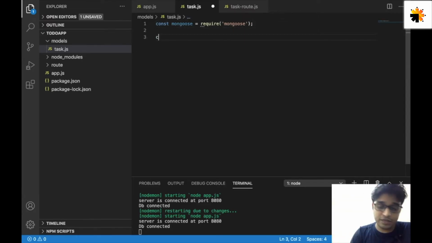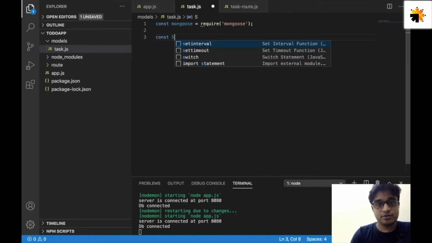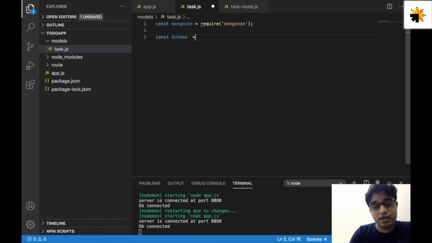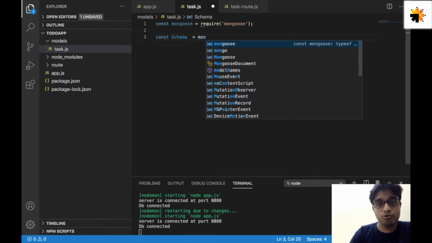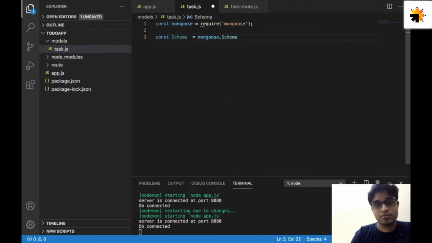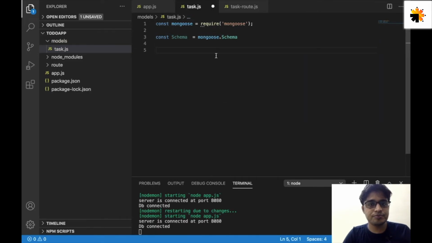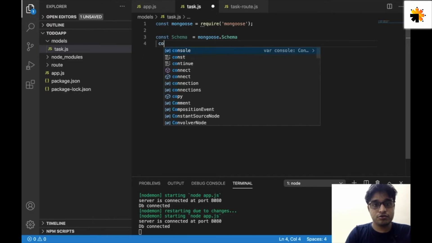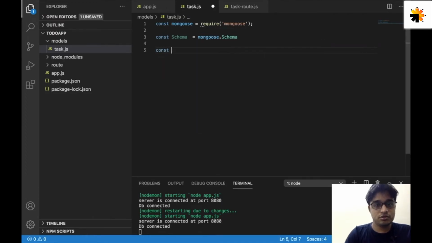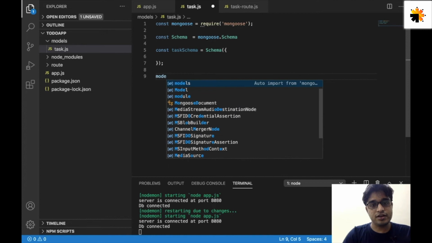Okay, I'm going to create the file variable schema, and this schema will be added by schema, maybe something like that. I hope this will be correct. Okay. Now the next, again, a constant task schema, and this will be schema, and something will be added. And you have to write module